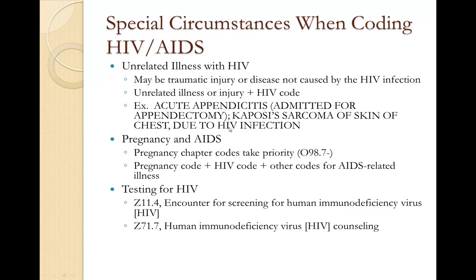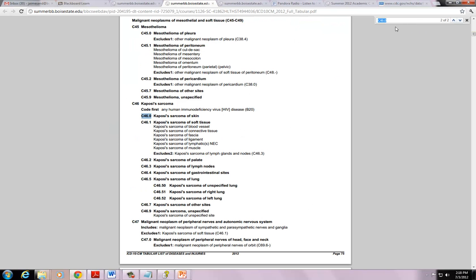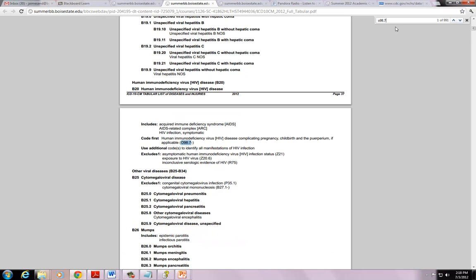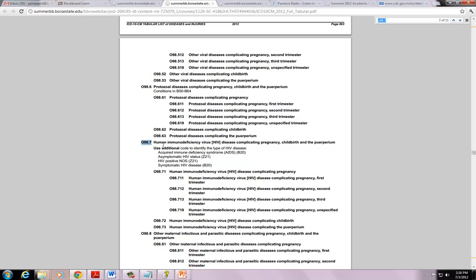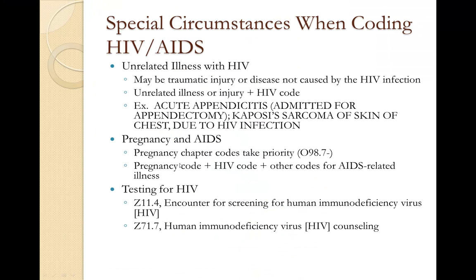Pregnancy with AIDS. Pregnancy always has special rules. Just kind of FYI, pregnancy codes always take priority over every other chapter. So your pregnancy code is going to be first, so you get this O98.7, and let's take a look at that real quick. Here we go. So HIV disease complicating pregnancy, childbirth, and the puerperium. And then notice, use additional code to identify the type of HIV disease. So you get your O code, your HIV code, and then assuming that it is symptomatic,